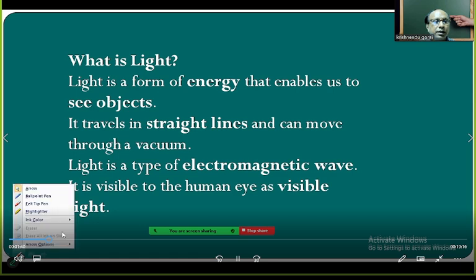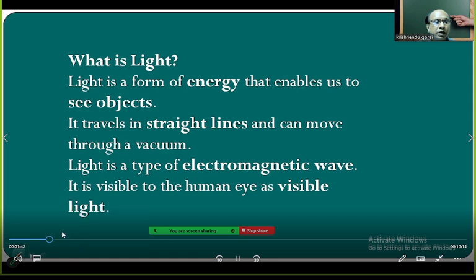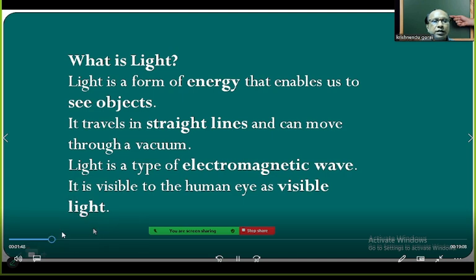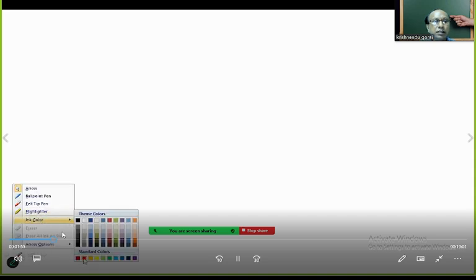Now I explain how we can say that light travels in a straight line. Right? For that I am going to another screen. Right? I'm changing the screen there. I am changing the screen, taking a white screen. And I will explain how light travels in a straight line, that I'm going to explain here. Right? You see here,